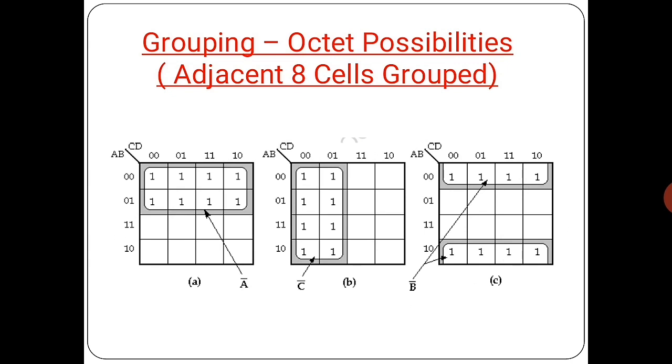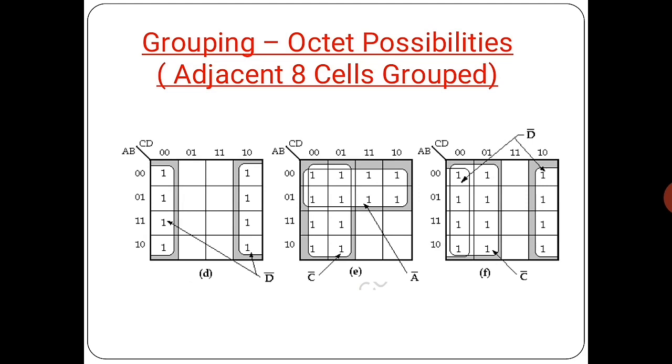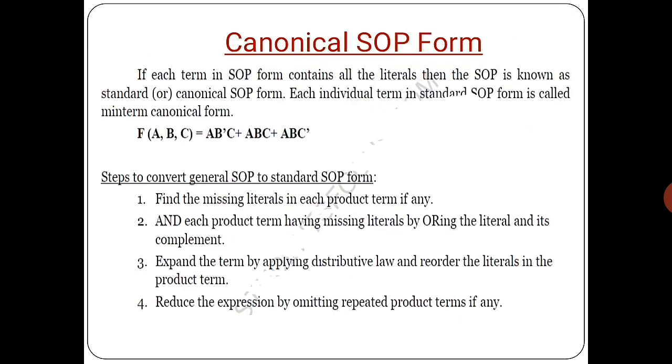these are all the possibilities of the A, B and C. These are all the possibilities. It may be the topmost two rows are grouped, or otherwise the top and the bottom rows are grouped, and here also the right side and left side columns are grouped, and also we are going to group it as an octet, and also using the overlapping method it is a possibility. So now we are going for solving the problems.